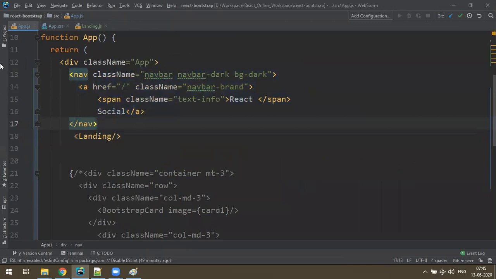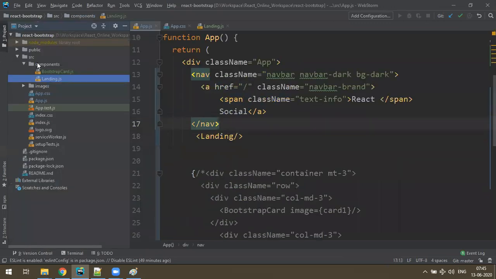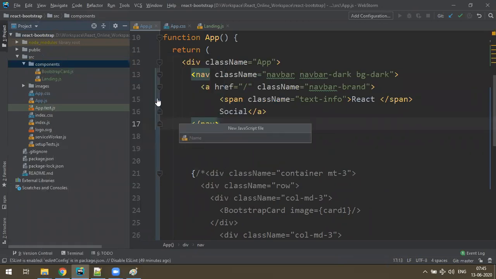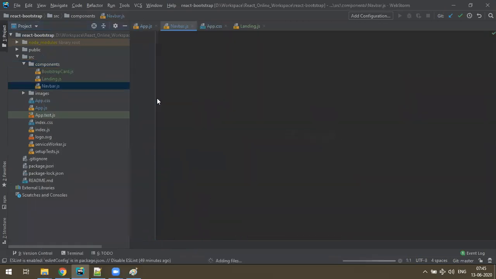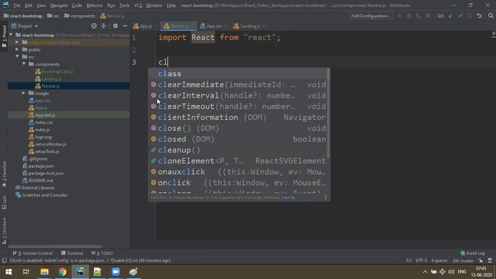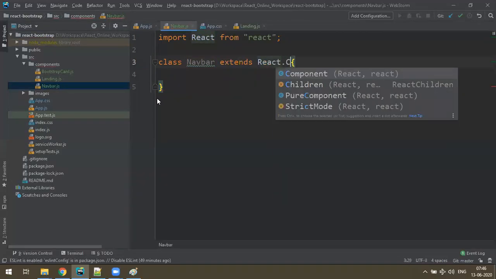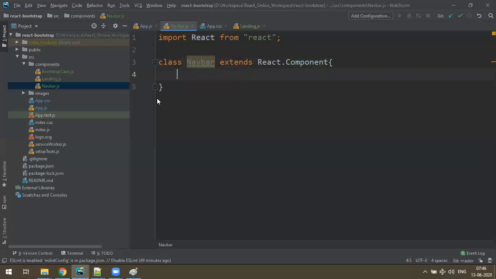Do one thing, go back to components. Let's create a new component for the navbar. So import React from React, give a class Navbar extends React.Component. Here, let's take one render.